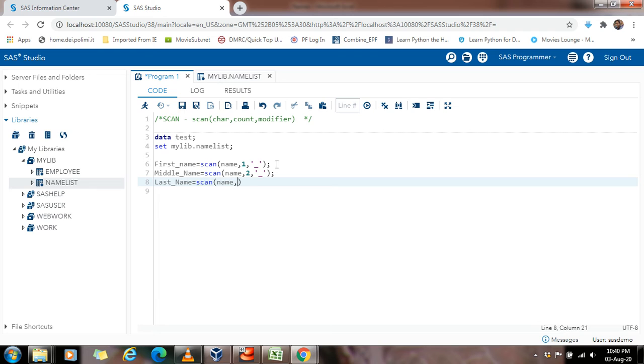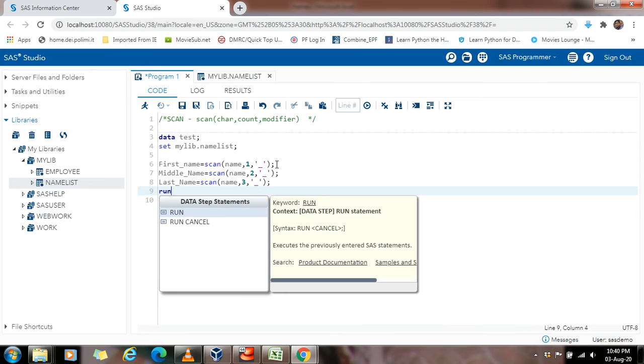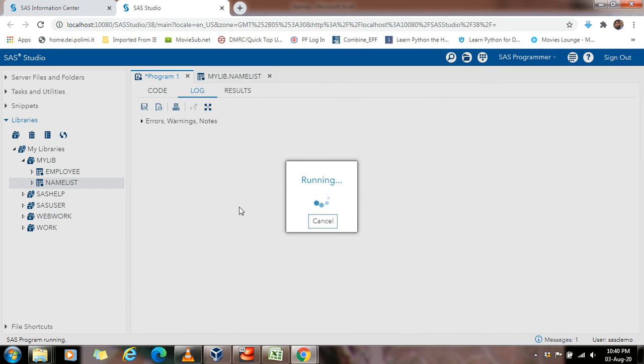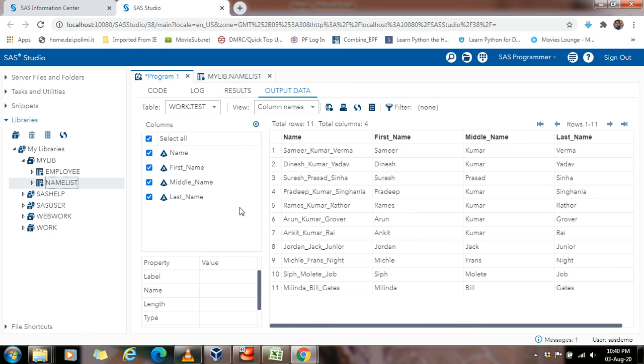Scan name, we need to extract the third word over here, and then we can just put underscore over here and simply run this thing. I'll just make this letter capital. Now we will come over here and just hit the run button. Here we go. Now you can see that all the 3 words have been separated in 3 separate columns.